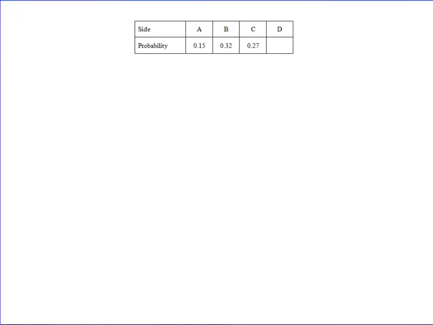Right, we're looking at question number 1 here, June 2012. So we've got a spinner, 4 sides, probabilities. So step 1, it's asking the probability of D. So the probability of D will be 1 minus all the other probabilities, because there's only 4 mutually exclusive events. So if we take all those away from 1, that'll give us